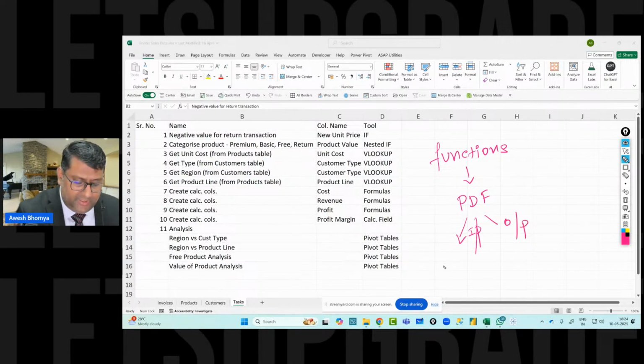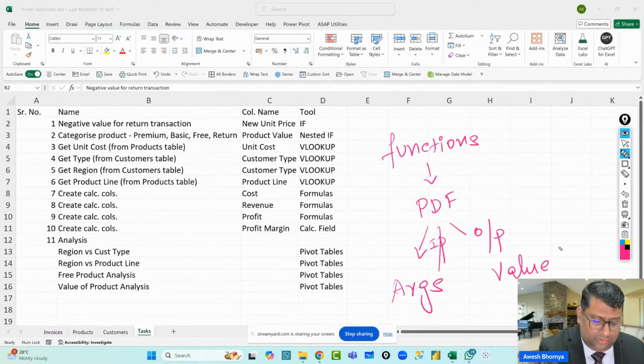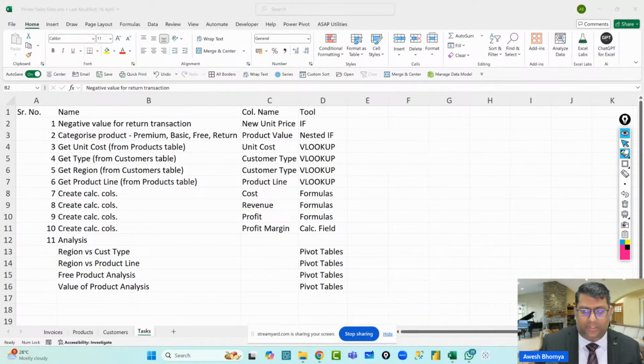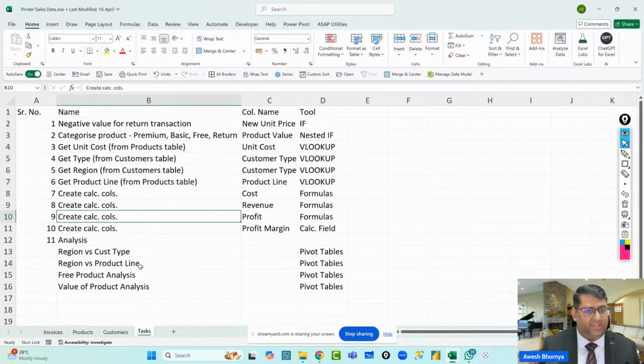So the input could be numbers, etc., or certain arguments, and they return a value, which could be a single value or it could be values. Now here we will be dealing with those functions that return only a single value for us for now. So I'm going to be utilizing the if function, then the IFS function or the nested if function, etc., and then we will be solving this entire case study.